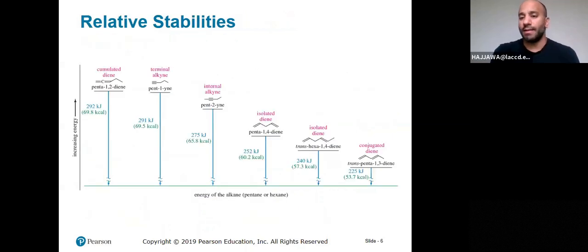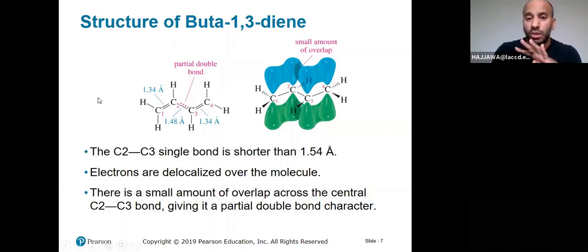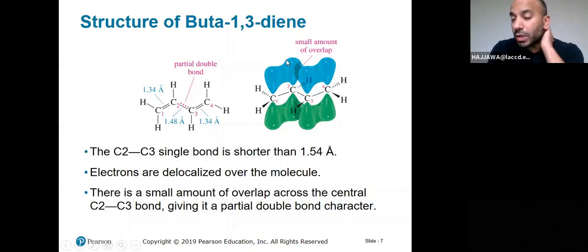The reason behind that is actually the p orbital overlap. We learned that the double bond usually consists of one sigma and one pi bond. The pi bond requires the overlap of two p orbitals, one p orbital from each side of the double bond. Having four p orbitals in this diene system allows the four p orbitals to overlap together. So we're looking at the overlap of the double bond p orbitals, the overlap of the other double bond p orbitals, and there is a small overlap of the two